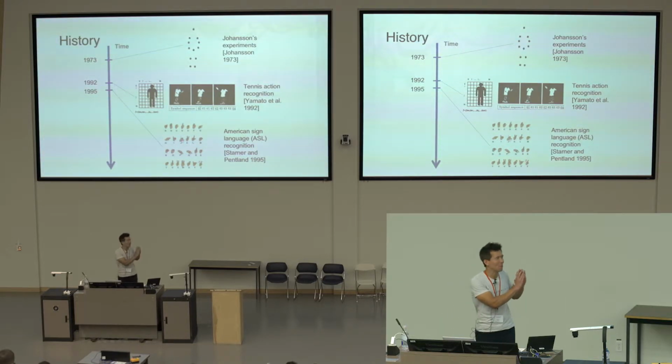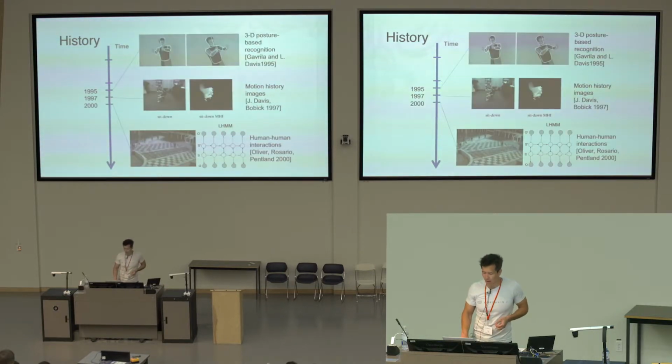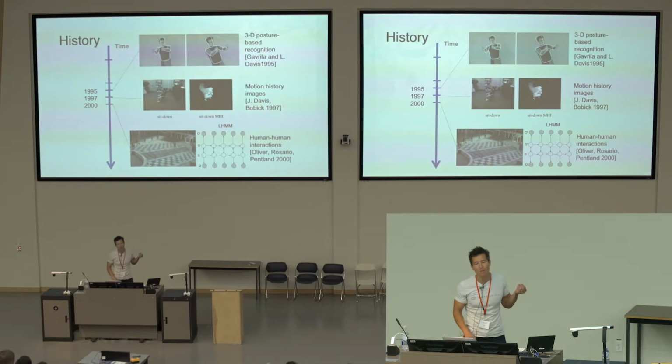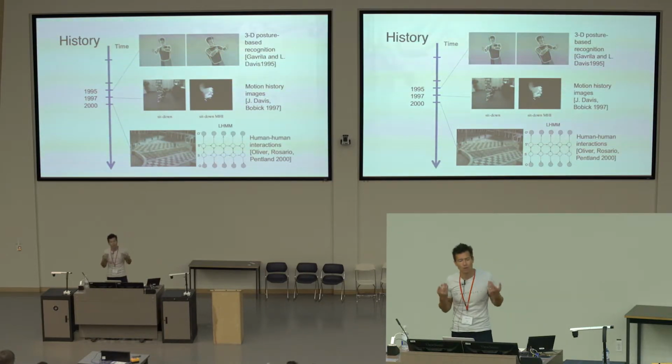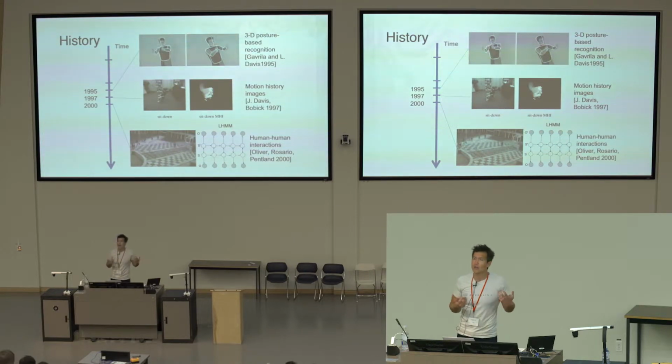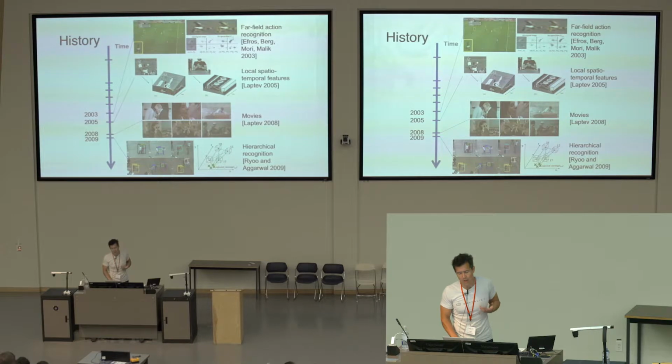So that's good, but almost everything that goes into it is the ideas that we had in those days as well. There are similar things along the way where people did 3D body posture-based recognition, again motivated by Johansson's stimuli. People did work on human-human interactions, again using variants of hidden Markov models and structures used for that. So the moral of this story is that there are a lot of really great ideas about these problems and building structures, but the techniques people use these days are improved upon in order to do a better job at recognizing things.